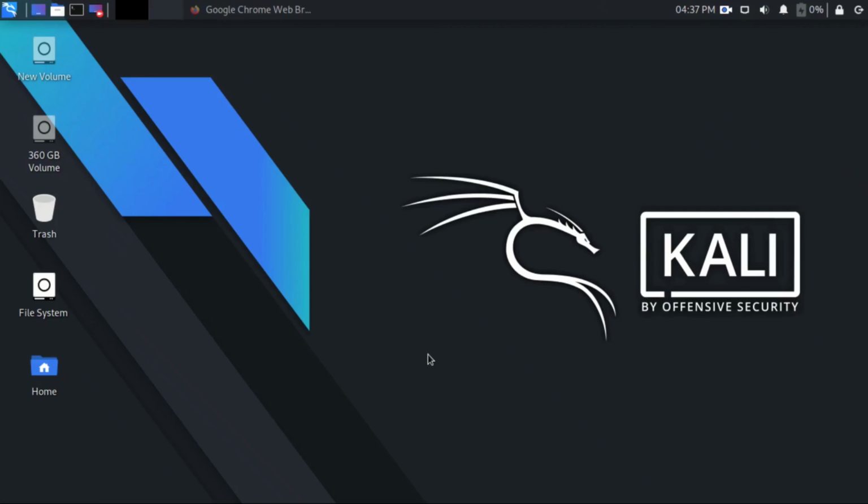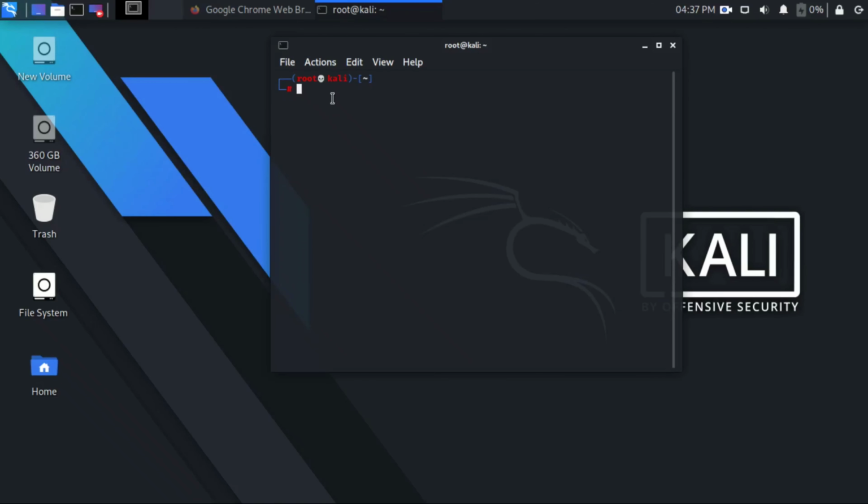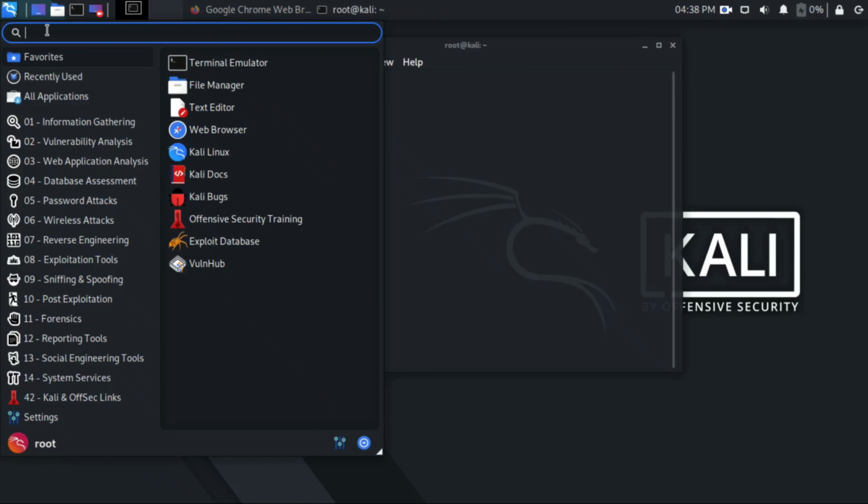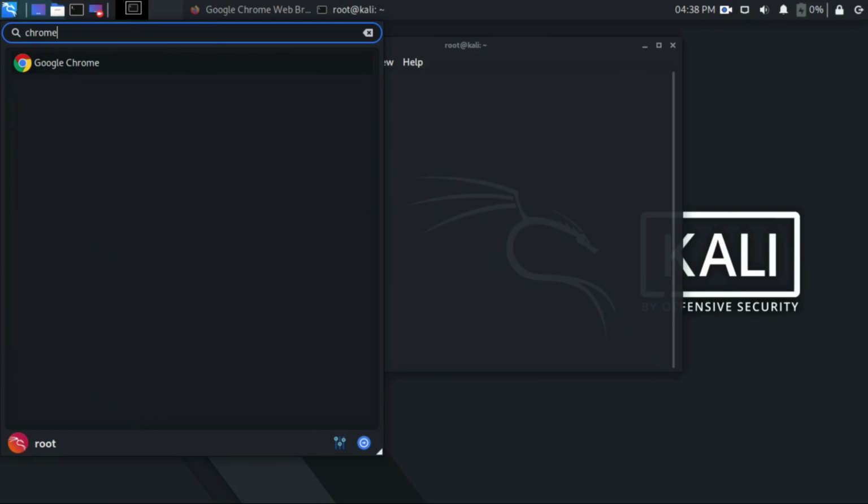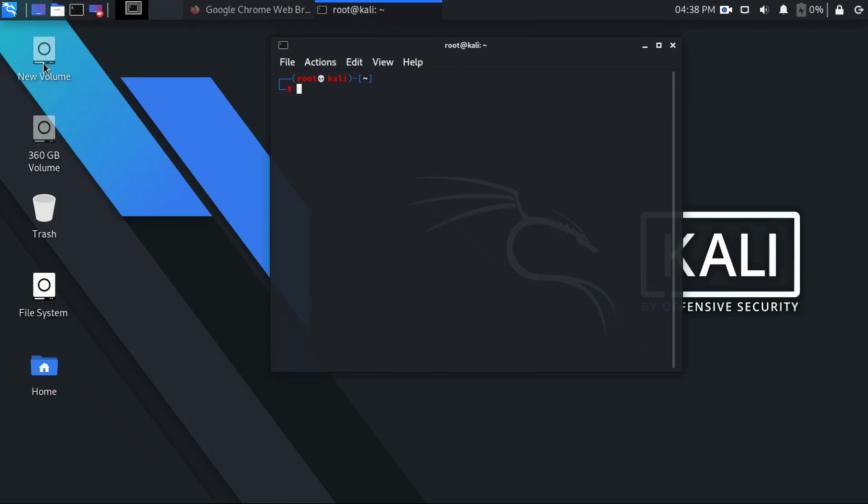Okay, so guys, I have shown you how you can install it with sudo apt, means the sudo profile, and it was a very quick and simple process. The root one is not difficult, but it's something tricky. So please watch this video carefully. You can see it's root Kali, so I'm in root and it's the hashtag. Let me just show you, we have installed it with sudo, that's why it is showing the Google Chrome here, you can see it. But if I click on that, it will not open because it has a problem. So let's fix that.